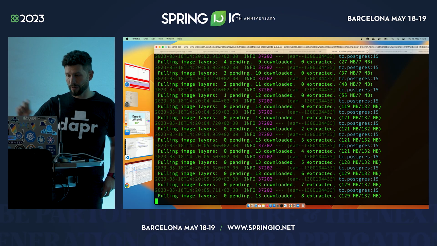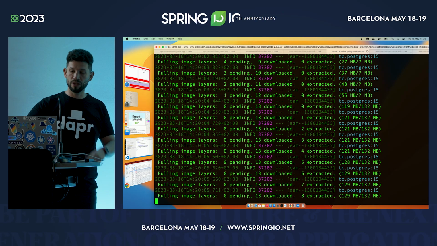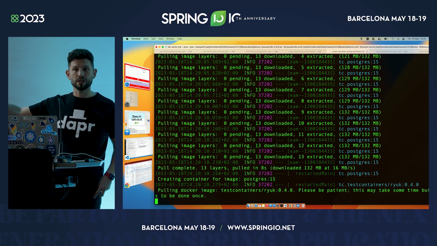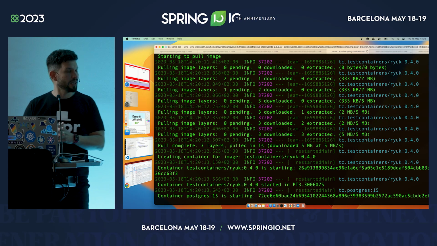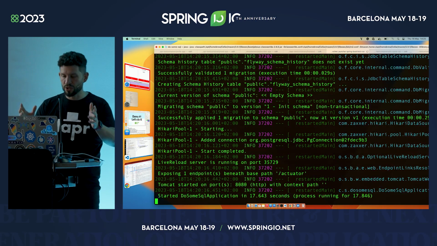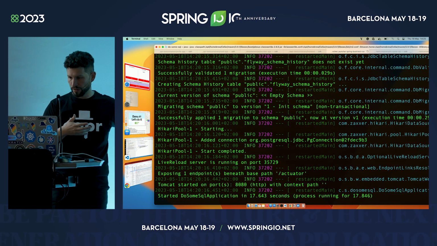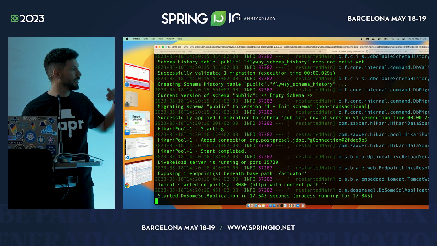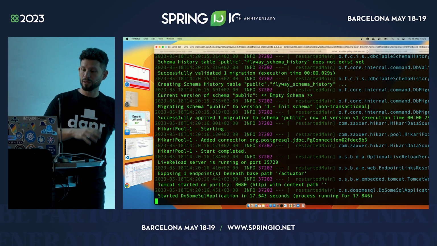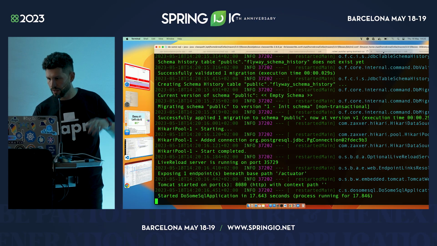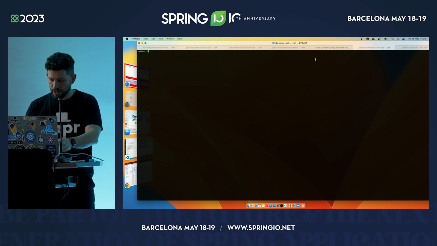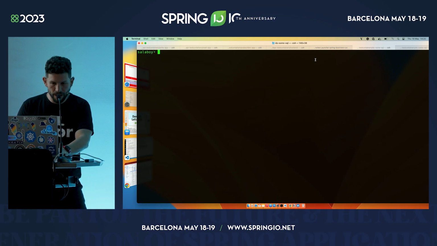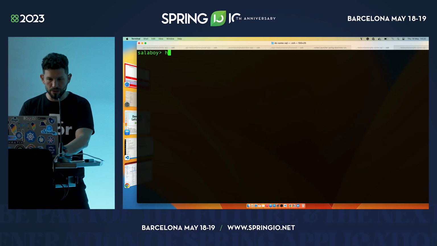Right? So now I have a container that was created for my application. It's running locally, or it's running on the Testcontainers cloud, and my application is connecting to it. And again, I'm showing all of this because I'm pretty sure that if you're using Spring Boot, you're aware of all these things. But I wanted to show this because the demo will keep building up on these concepts, and it gets a little bit more complicated. So if I start calling the endpoints of that application, I need to make this bigger. If I call the endpoints, of course, I will be able to talk to it, right?